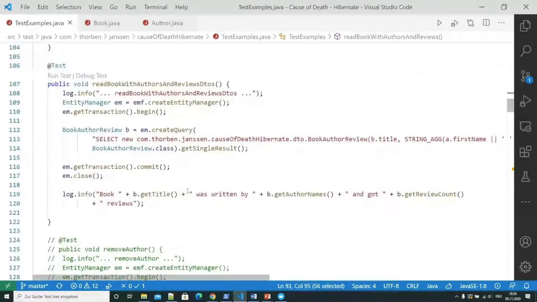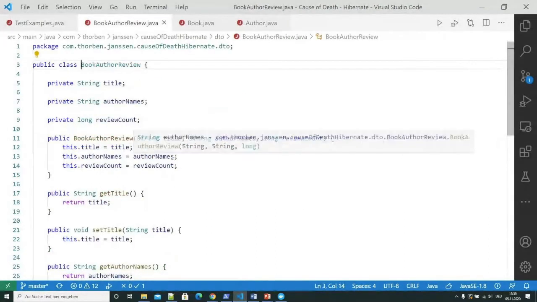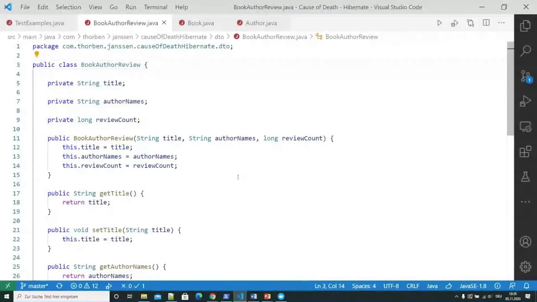But there's actually an even better approach than using multiple join fetch clauses if you're just reading some information. In that case, it would be way better to use a DTO projection, which is an unmanaged object. And I created an example for that here. In the previous test case, we wanted to get the title of the book, the name of all authors, and the number of reviews.